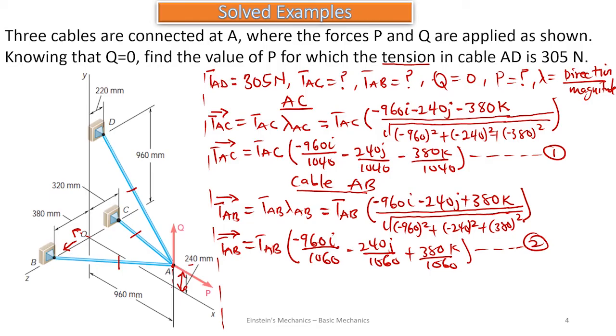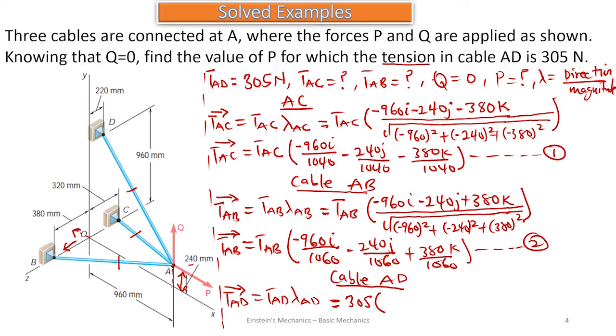Now we can consider the last cable, which is cable A to D. So from cable AD, we can also make analysis here. Now, the same approach, tension in cable AD is equal to TAD lambda AD. And this is going to be equal to, now, do we know the value for tension in AD? Yes, that is 305 Newton. So that is going to be 305 multiplying the lambda